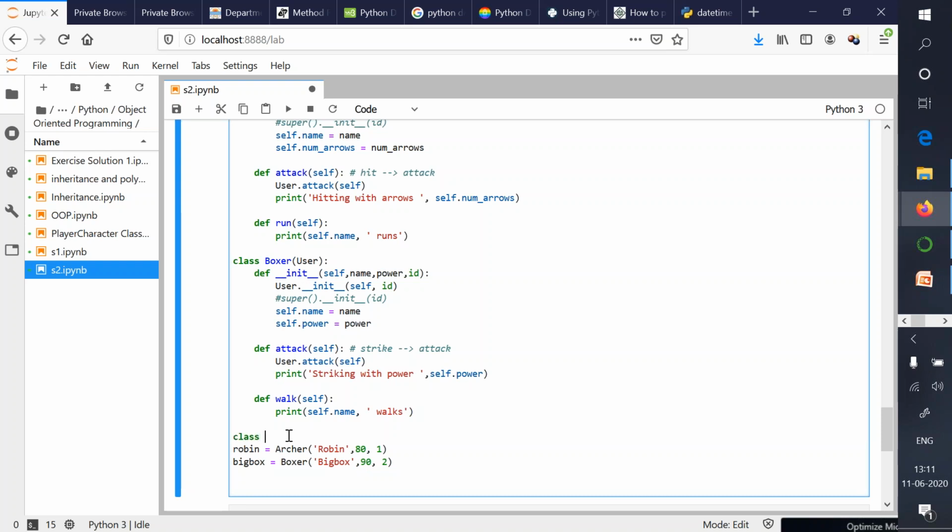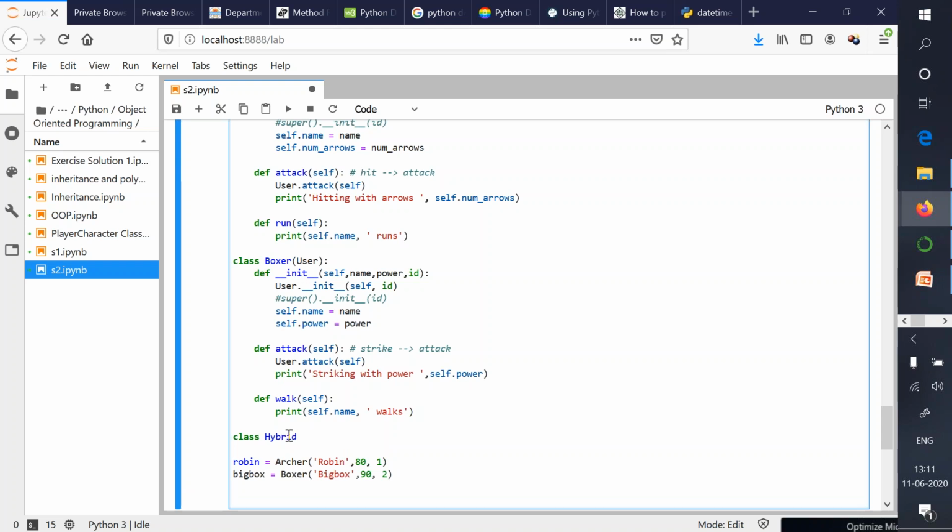Now, what we will do is try to create a hybrid class. Let's say class hybrid AB, a hybrid of the Archer and the Boxer class. And again, because this is a case of multiple inheritance, we need to write Archer, comma, Boxer over here.